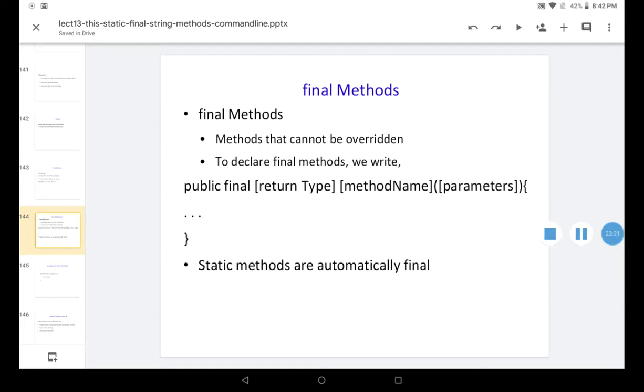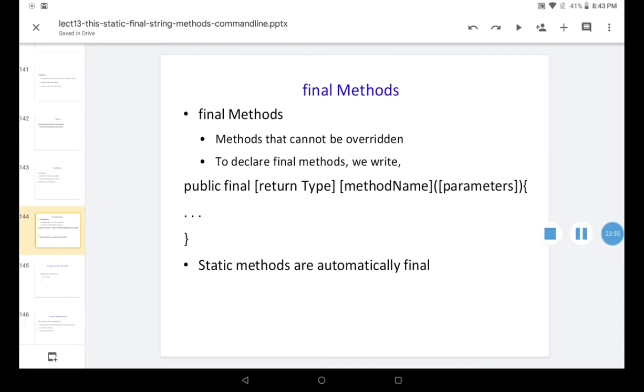The only thing is, if we don't want to override the method in another class, that method should be declared final. That means the method is not overridden in the next subclasses. There is no new derivation for this method, so it cannot be overridden.